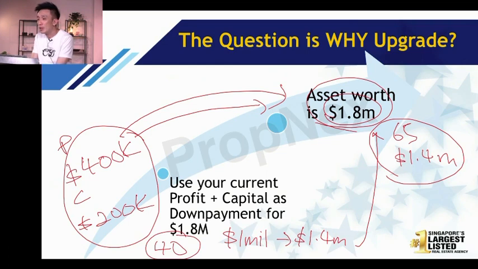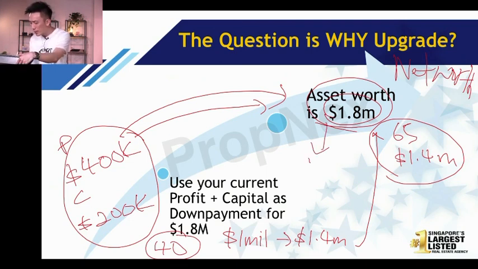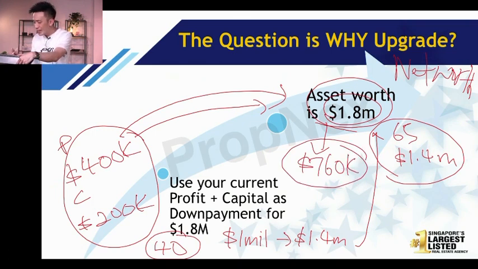1.8, right? Why do you want to own 1.8? Because very simple. You need to learn how to build your net worth. Just now I asked every one of you here, your HDB is how much? Just now the Sengkang HDB is 760,000. At least if you own a fully paid apartment, 1.8 million, you minus this away, you downgrade to a 5-room Punggol 760,000. At least your retirement still got $1 million.